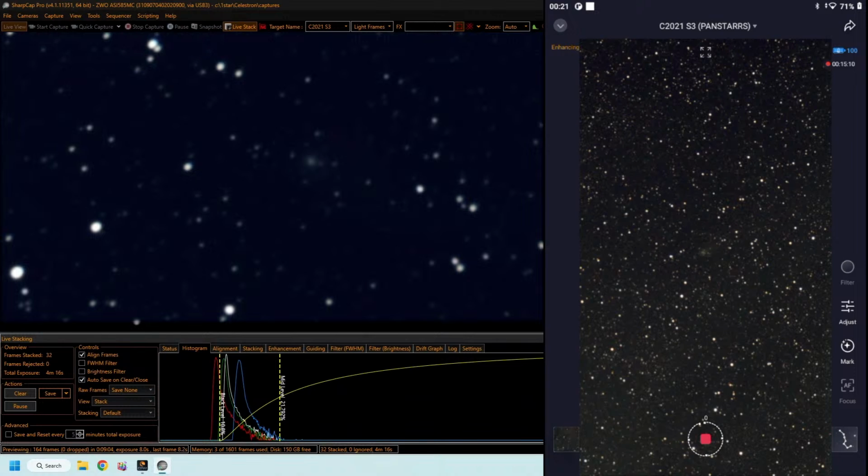I'm still not thrilled with the focus on the Celestron. We'll come back to it before